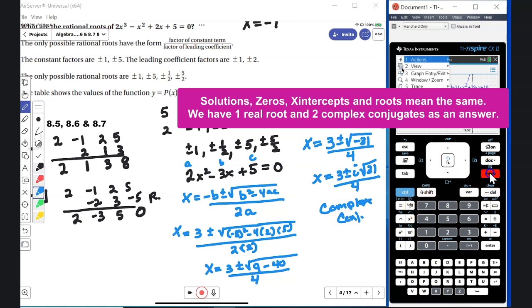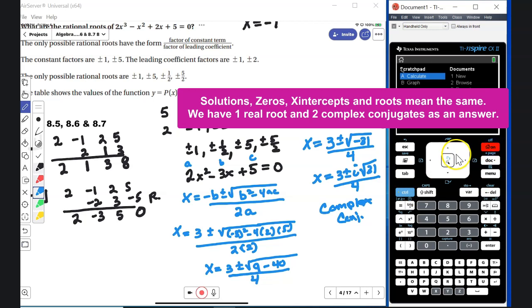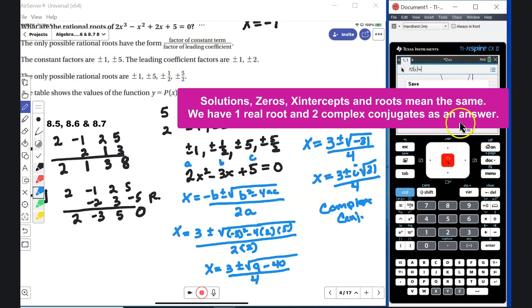So I'm going to go ahead and go to the menu, press new. I really want you to do this with me. So go to your calculator and press graph, and let's go ahead and type in the polynomial. So you have 2x cubed minus x squared plus 2x